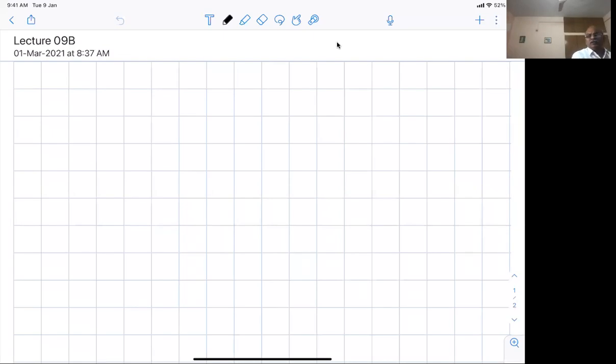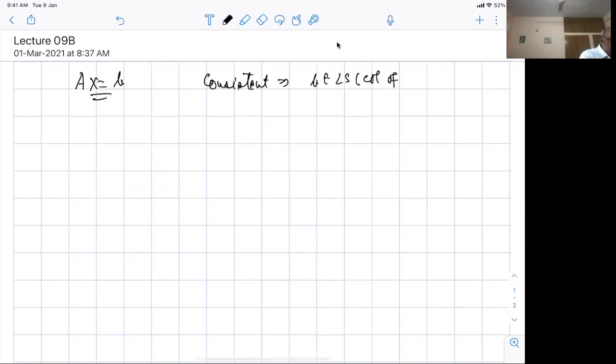So in the previous lecture, we learned about linear combination and linear span. The idea there was we had looked at the system AX is equal to B, and consistent implies B belongs to the linear span of columns of A, which is the same as the column space of A. Fine. And inconsistent means it didn't have a solution. So we had looked at AX is equal to B. For that, the idea was that either a solution or no solution.